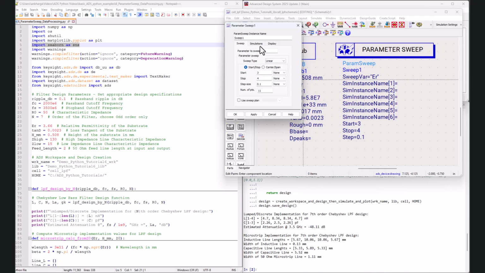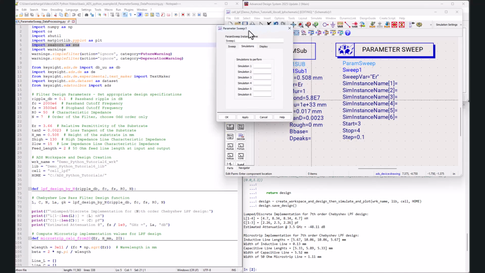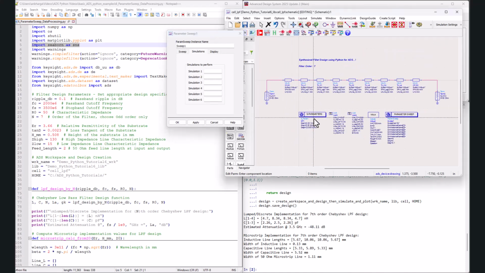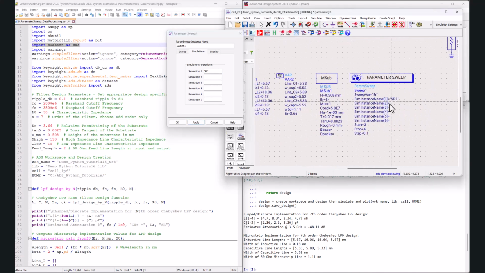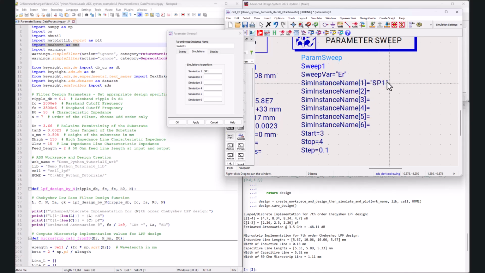Now the last thing remaining here is to define the simulation controller name that you would like to run with every value of the variable that you are going to sweep. So in our case, if I zoom out and look at our simulation controller name, that's sp1, and that is what we need to declare here. So if we define sp1, hit apply, again you can see in the parameter sweep, sp1 is expected to be passed as a string. So again, these are some things we need to take care when we are doing programmable